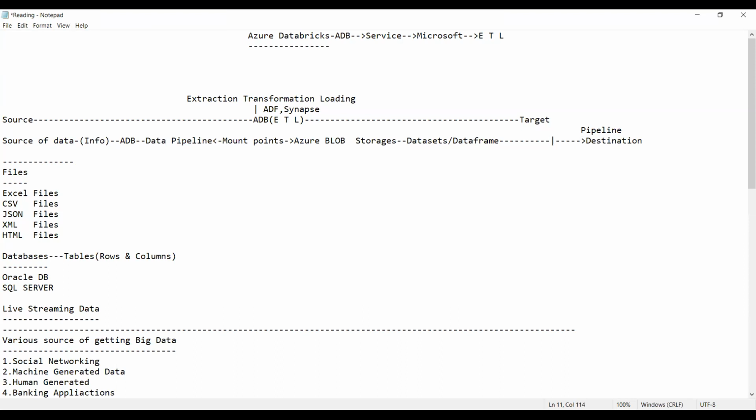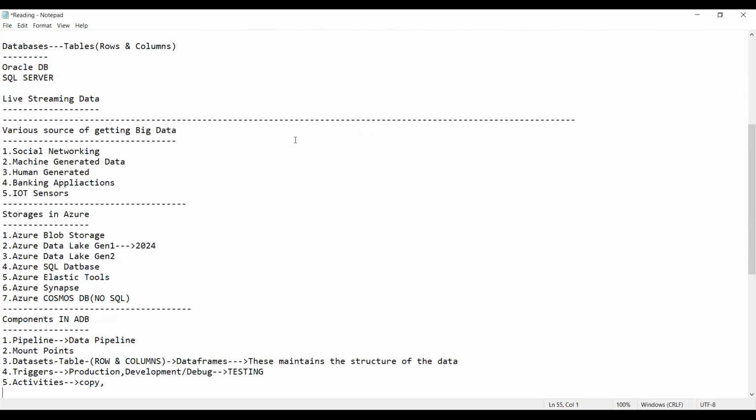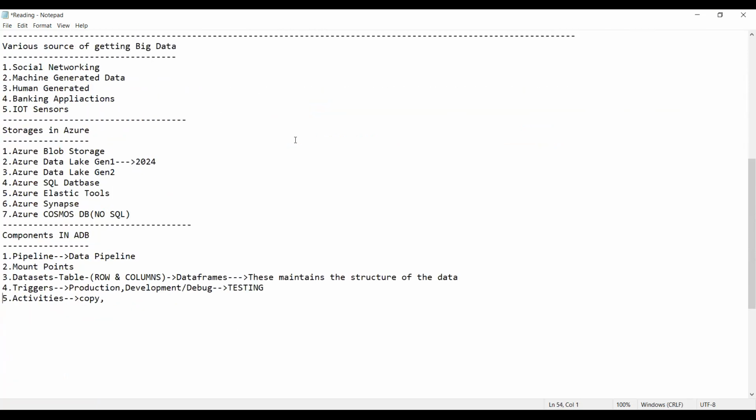What type of action do you want to perform on a data pipeline? Whether you want to copy the data or write conditional statements. Conditional statement means if then else condition statements. Or you want to use do until or do while, that is called for each. Any kind of activity you want to use, for that we go with activity. Activity is nothing but the type of action you want to perform on the data. Simply copy or simply apply the condition statement.